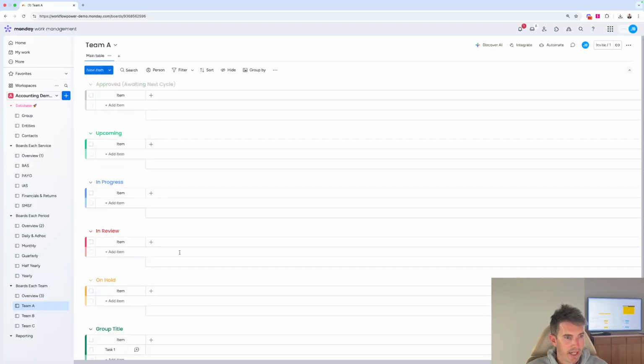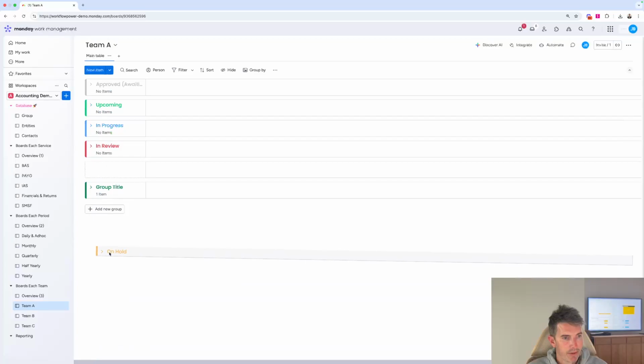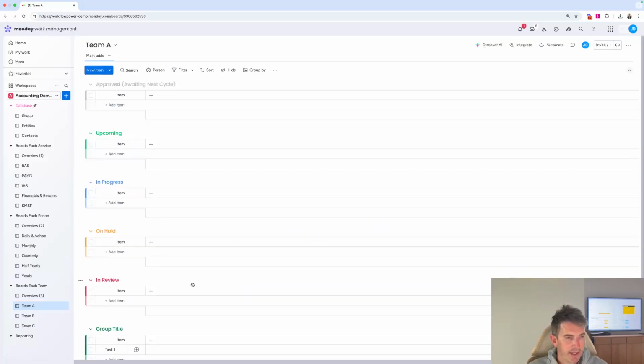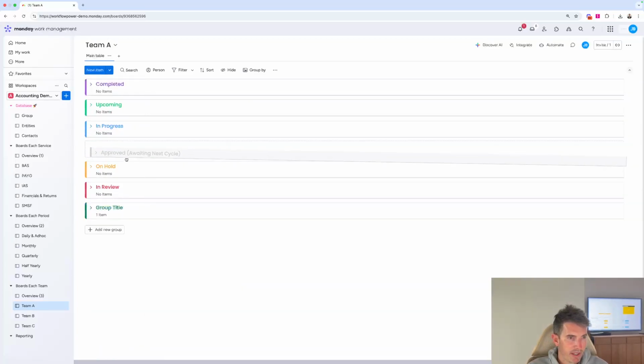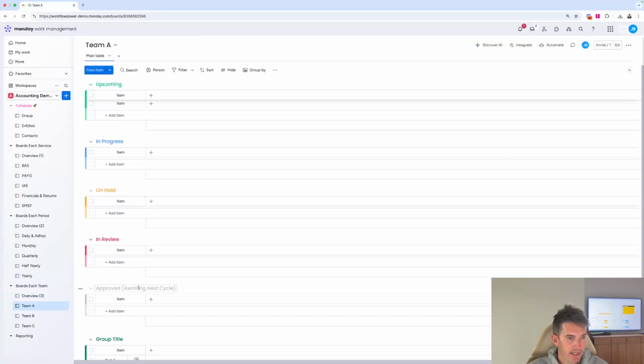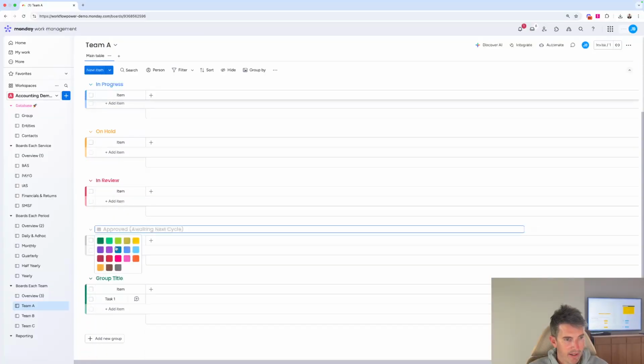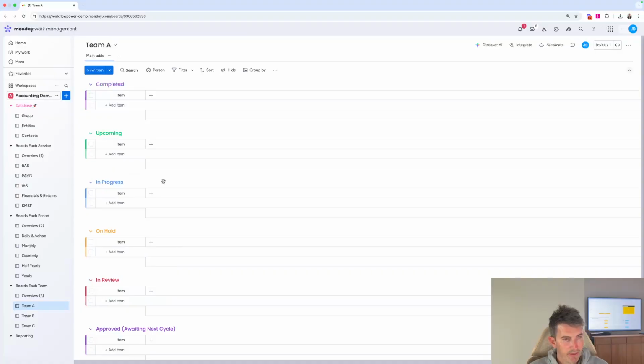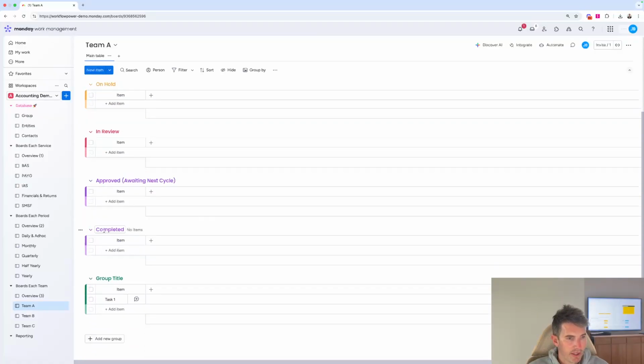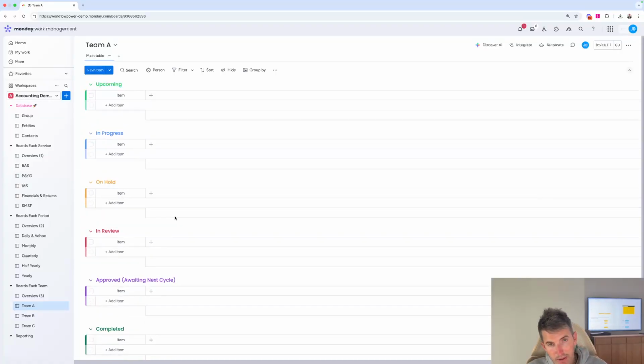Let's move these around. Let's put on hold underneath here. And then we've got our approved one that we want to drag down. Let's give it a different color. And then we've obviously got our final completed group, depending on what we finish. Once we've got our groups established, going through that methodical approach to building out, we're going to look